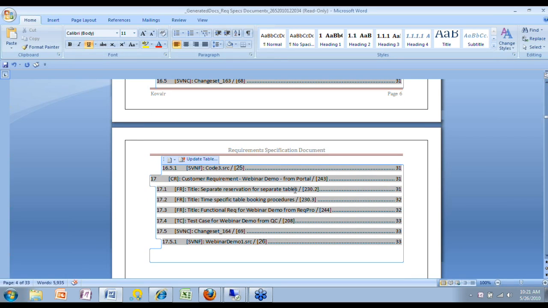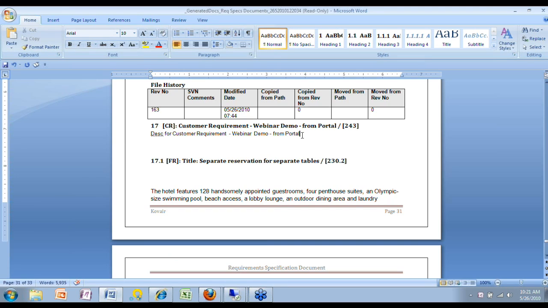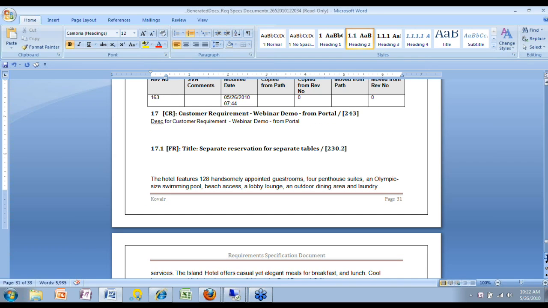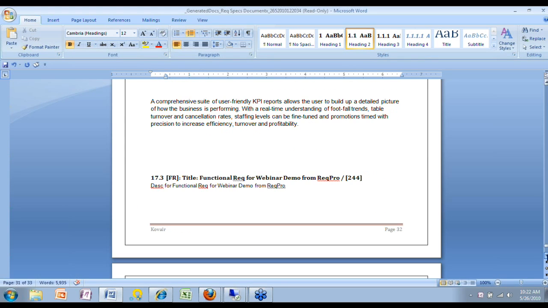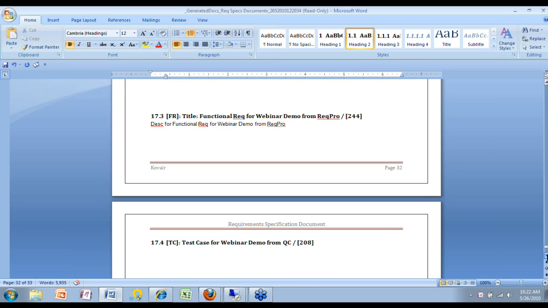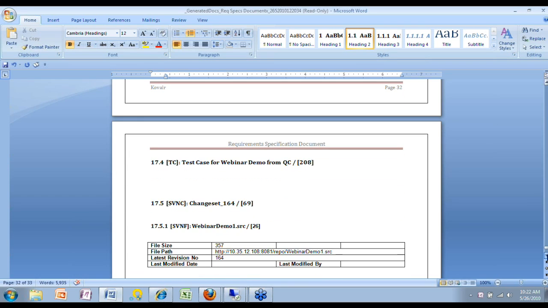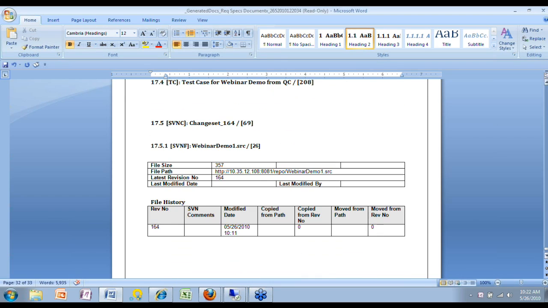So this is the customer requirement, webinar demo from portal. We can scroll to these, and you see this is our customer requirement from portal, and then the associated functional requirements are shown here. This is item 17.3 from the webinar demo from Rec Pro. You can see the test case here, the change set, and the file. So you get all this information